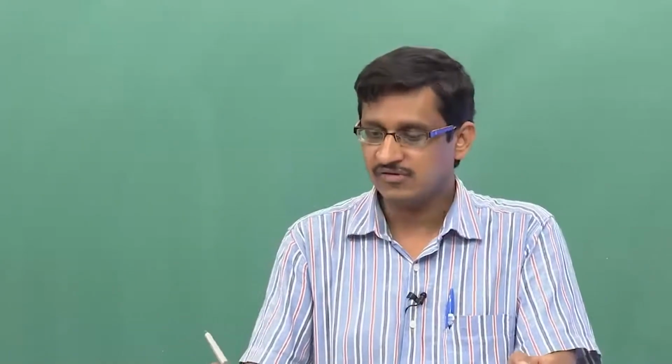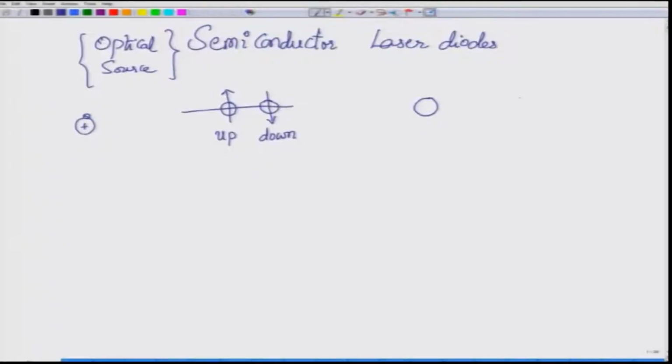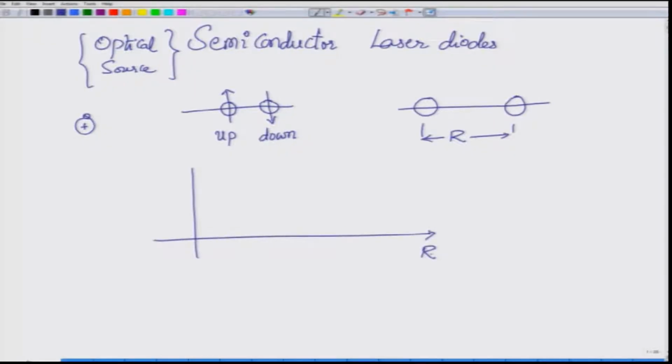Rather, what happens is if you bring one atom close to another atom, the separation between these two atoms is called the interatomic spacing, and it is denoted by various letters. So, let us choose R as a letter to denote interatomic spacing. Now, if you look at the total energy of the system as a function of this interatomic spacing, you see